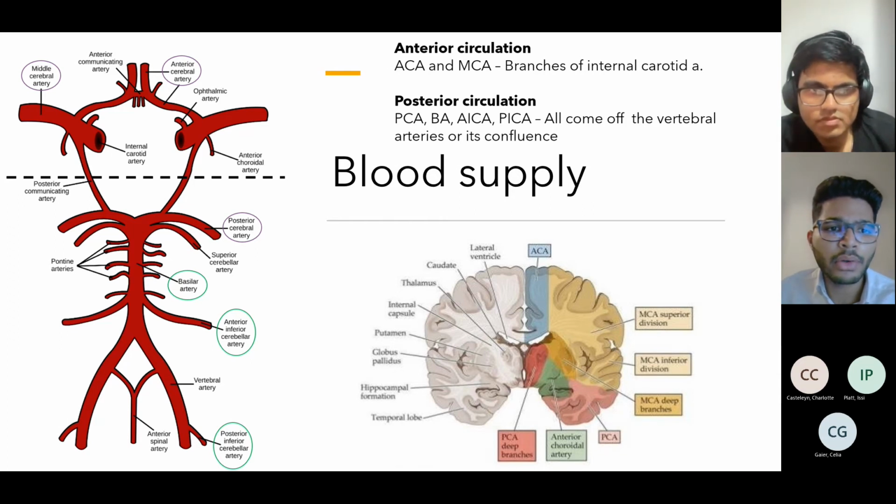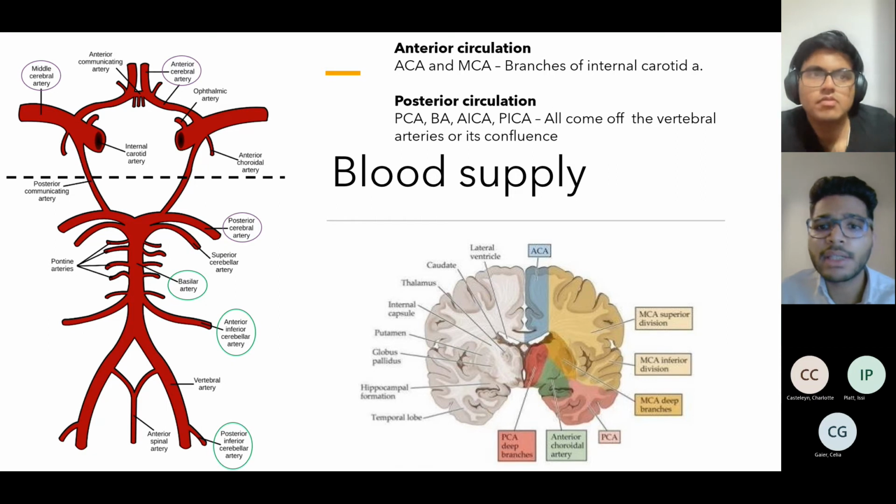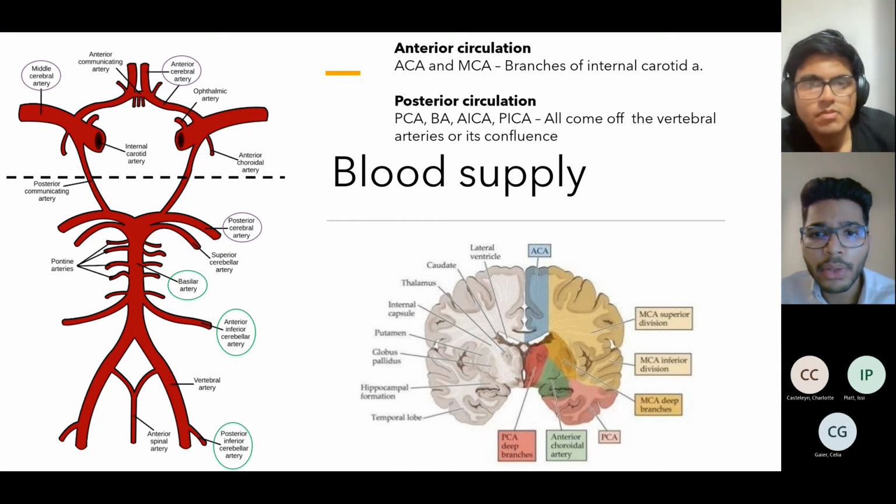So the branches of the internal carotid are the ACA and the MCA, and those are the anterior. And the posterior, which come off the vertebral arteries, or the confluence of the vertebral arteries, which is the basilar, are considered posterior circulations. Parts of the posterior circulation, rather. And the reason why that's important is because we categorize strokes by whether they're anterior or posterior circulation, because that does affect how we manage them,